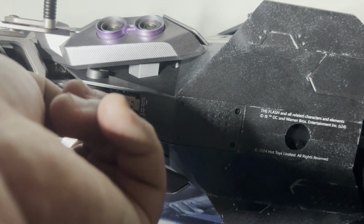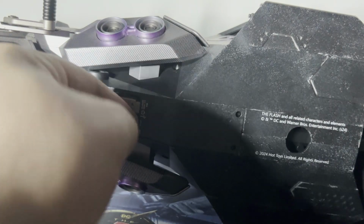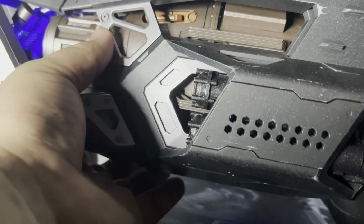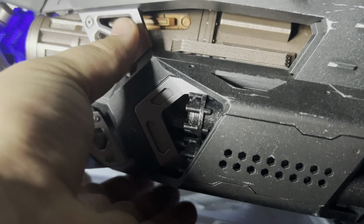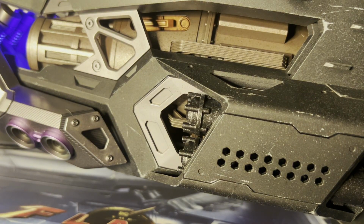And just like Uncle Ben said in the first Tobey Maguire Spider-Man, let there be light. And you got some awesome light up features going on in this thing now. Let me shut off my main light here so you can, oopsies. So you can see now we have some really sweet light up features. We got some front lights up here. There is a nice blue glow overall inside. It's got like an ominous belly of the beast feeling almost, especially from the front here, with this ominous blue lighting,